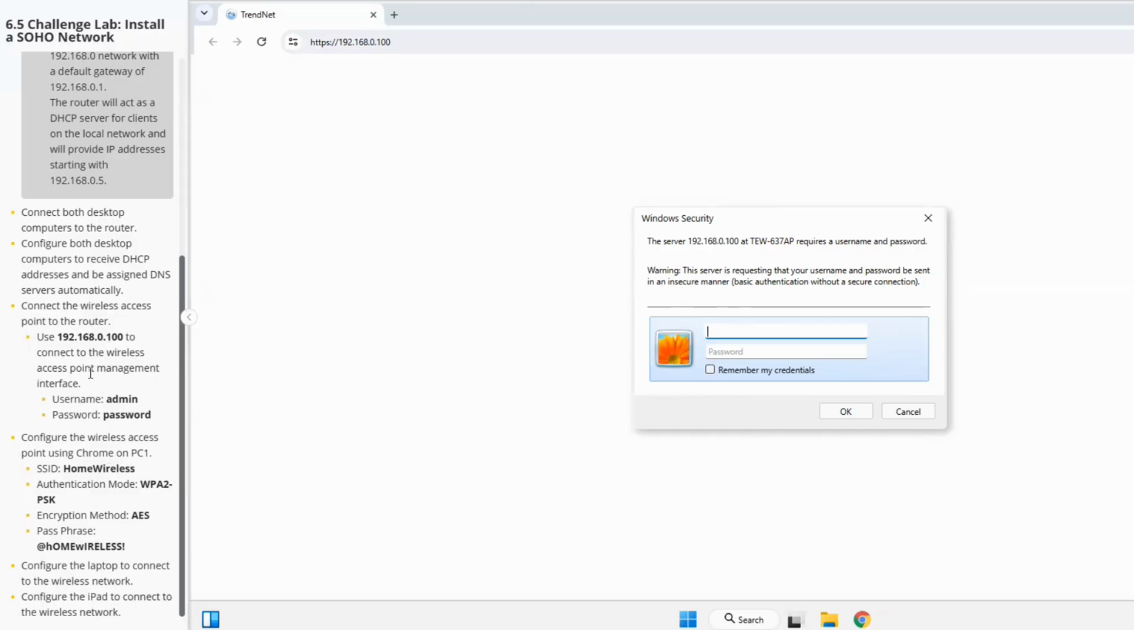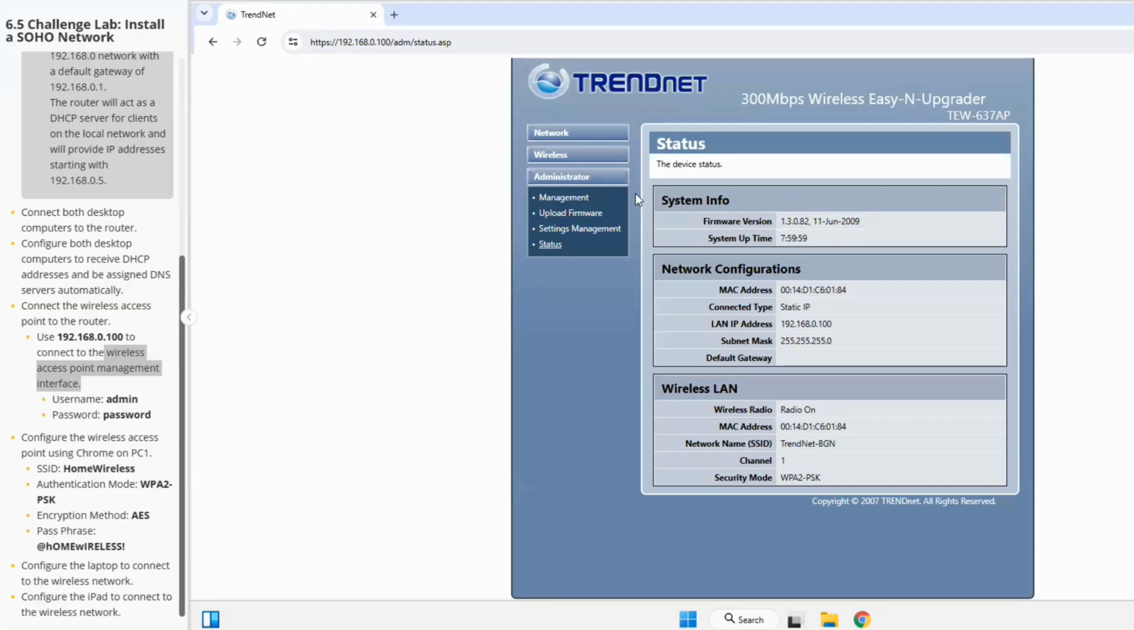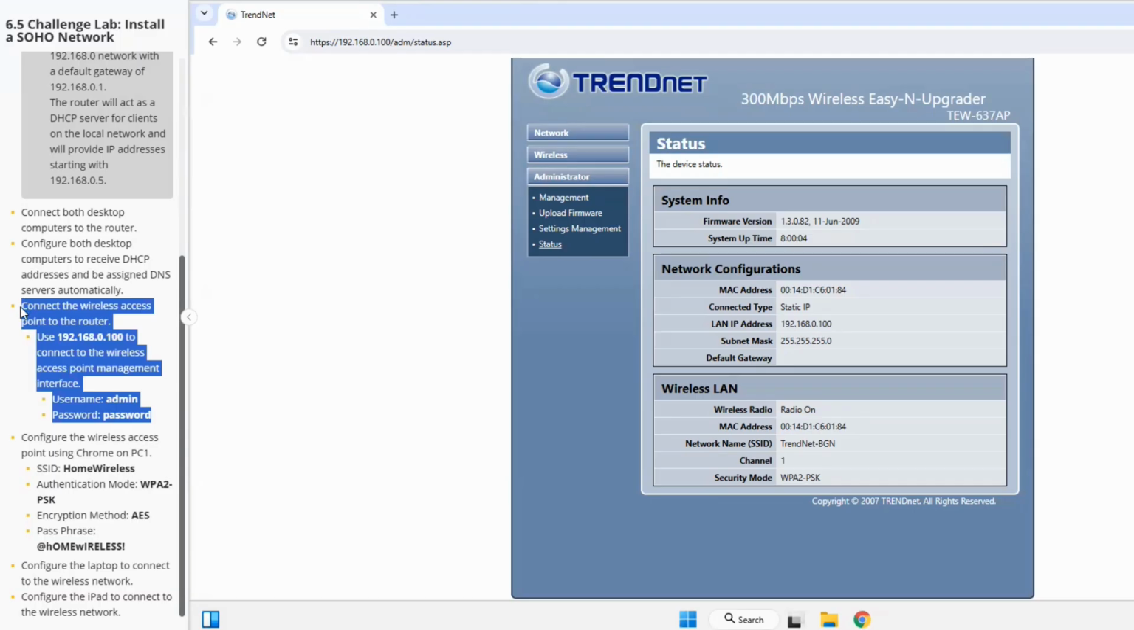So this is the wireless access point management interface. That's what it is. We have already given the admin as username and the password as password. So this is just default, but for security purposes, if this is a real lab or a real environment, make sure you change that. All right, so after we successfully use this information, we are done, so we have to move to the next